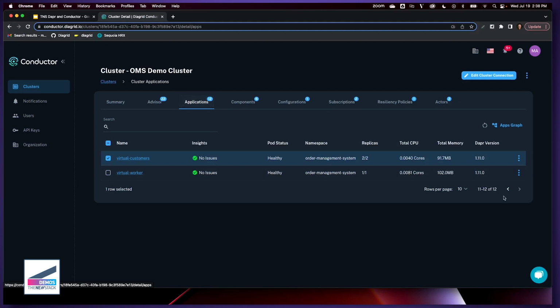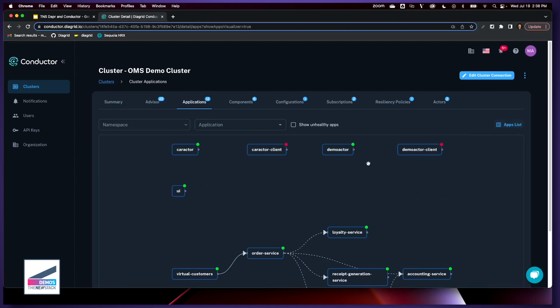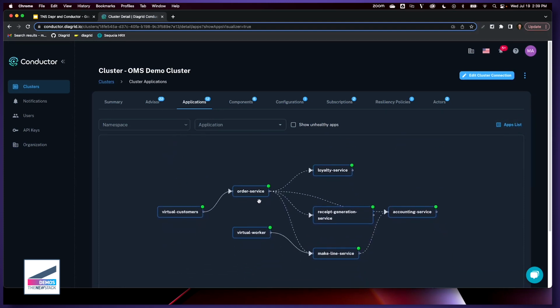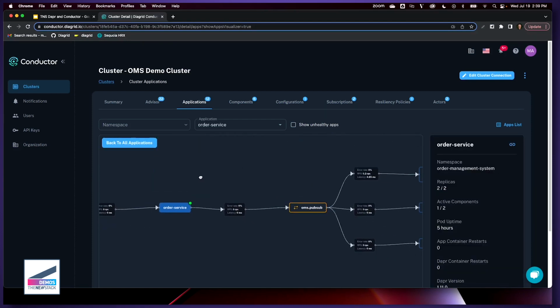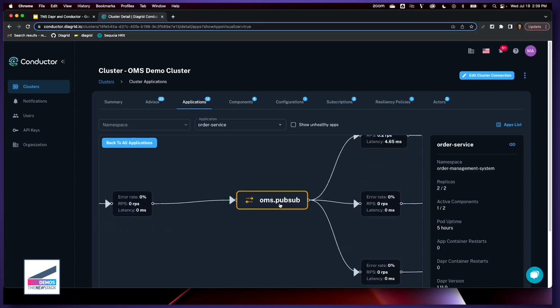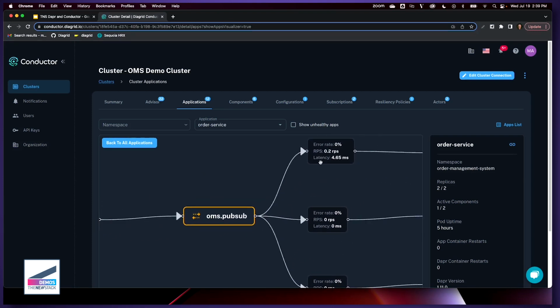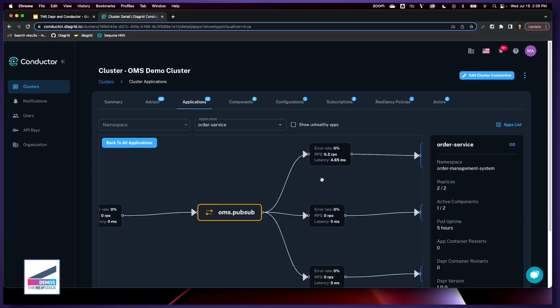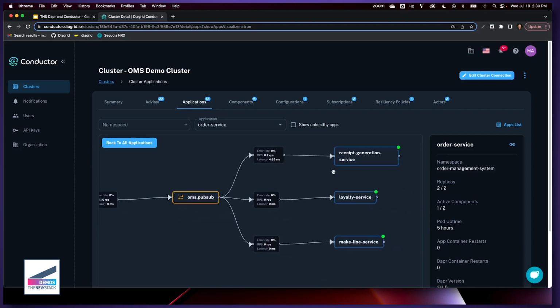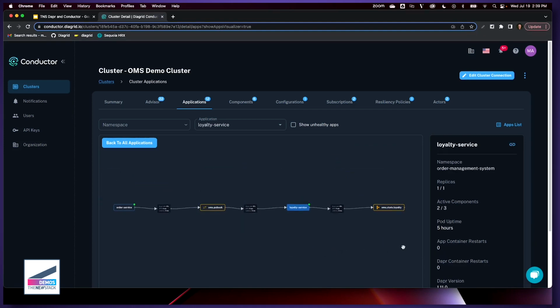But if I go back into this applications view and look at that again, I have this detailed view of my application that actually bridges between the developers and the operators, where I can see metrics that are happening through my infrastructure, like this particular component here. I can see error rates, I can see latency rates, and I can see connectivity between these things. And I can then dive into particular ones of these services and see latency for that as well. So this is very